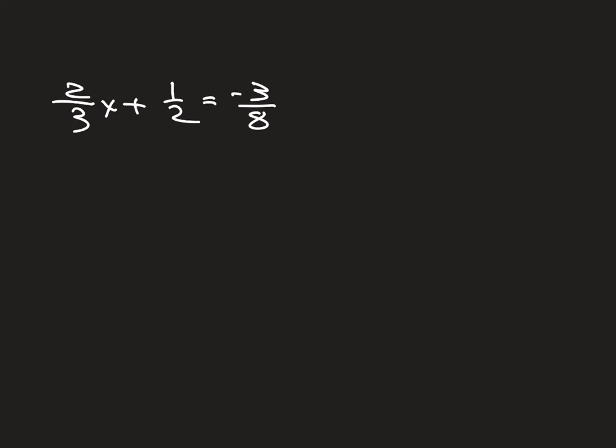So again, we're trying to get rid of everything on one side except for the variable. I usually tell students, if you're trying to move things away from the variable, take the numbers that are furthest away from the variable and get rid of those first. So this one is right there, it's multiplied. We're going to get rid of the numbers that are added or subtracted to that variable first. So I'm going to take it away from here, and I'm going to take it away from here. So those go away. We have 2/3 x equals